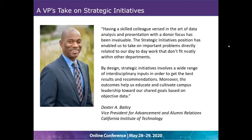So here you see a picture of Dexter Bailey, who is our current vice president for advancement and alumni relations at Caltech. And he previously served as Senior Vice President for Advancement at Stony Brook University from 2011 to 2019. And as AJ said, he's probably one of the few individuals we know who has actually managed this function at two different organizations. When we asked Dexter to tell us about his impression of strategic initiatives, this is what he